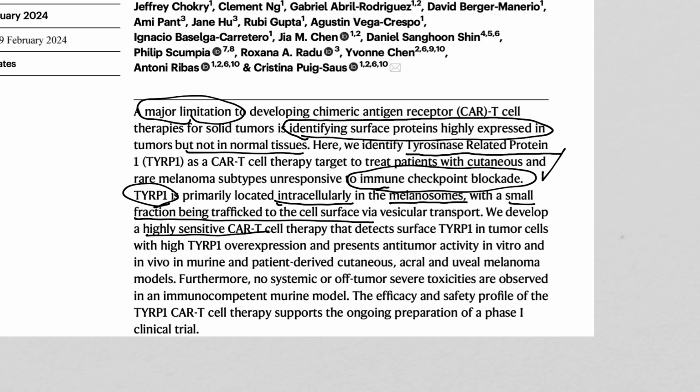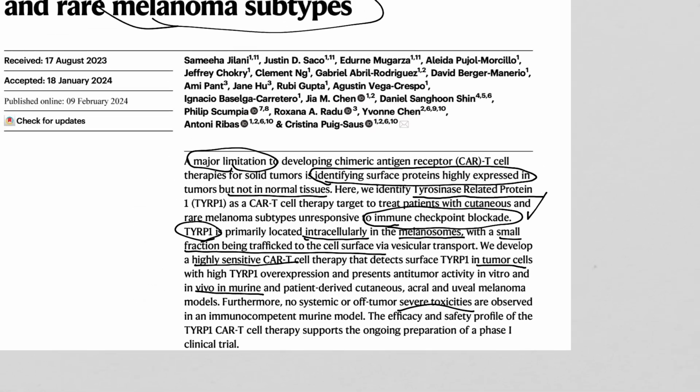They find a receptor that works, binds TYRP1, and they're testing it in human tumor cells, in vitro and in vivo in a mouse model, and patient-derived tumor models as well that are grown in culture. Okay, so the upside: no major toxicity from the T-cell therapy, and inhibited growth in a significant way for cells